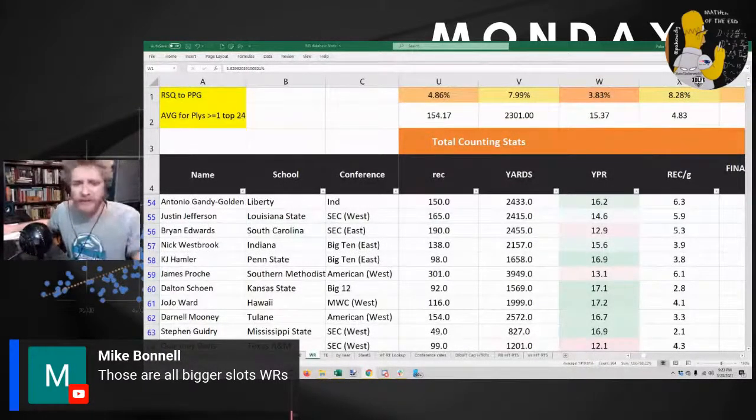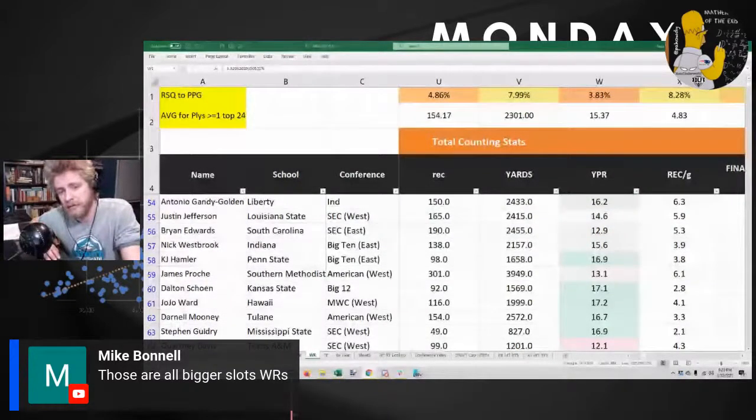Jarvis Landry is definitely not significantly bigger. Neither's Stefon Diggs. And if your problem is a role, then why does their height matter? You see what I mean? I think we're correlating slot and height when it fits the story, and then not when it doesn't fit the story. Just because you're short doesn't mean you play in the slot. And just because you're big and you play in the slot doesn't mean you're more productive. I don't think.